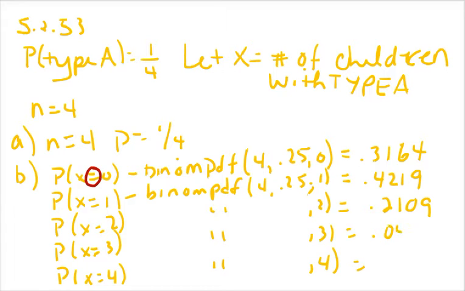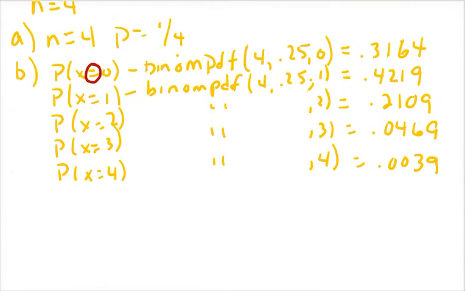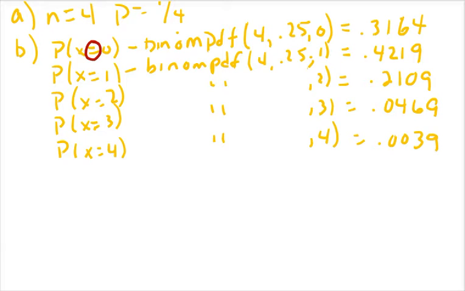I looked at all these values. 0.0039. All right. So let's build a histogram. That's part C. Actually, this is still part B. Part C is just to find the mean. So building the histogram,